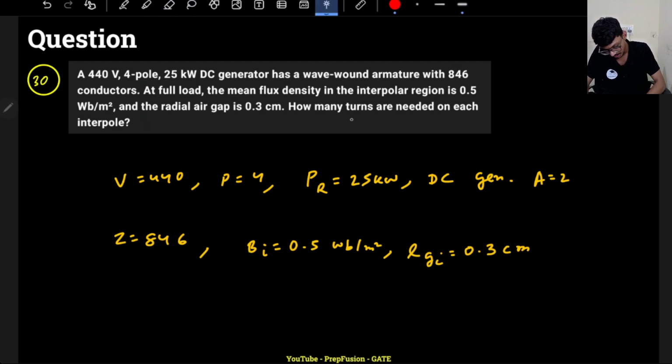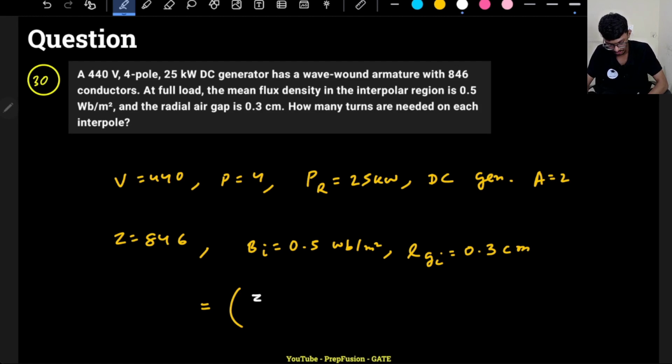So how many turns are needed in each interpole? Basically turns per interpole they are asking, right? So what is the total flux that I need to compensate here? What is the total mmf that I need to compensate? So the total mmf that I will need to compensate will be equal to the mmf due to the